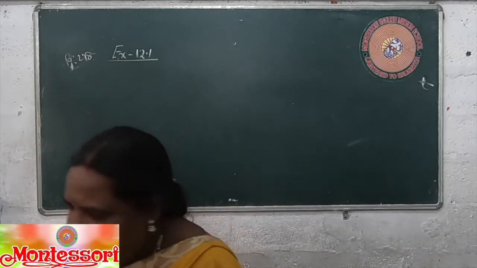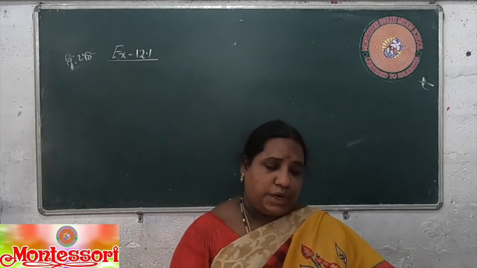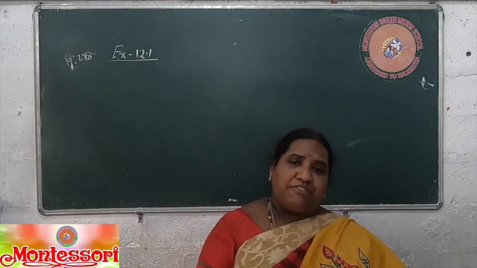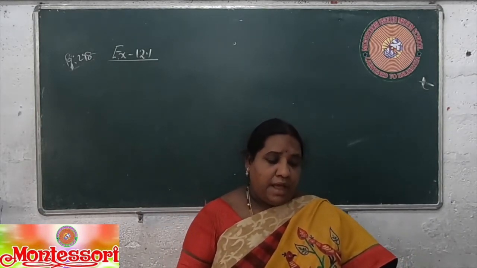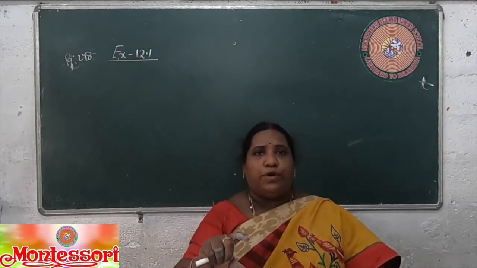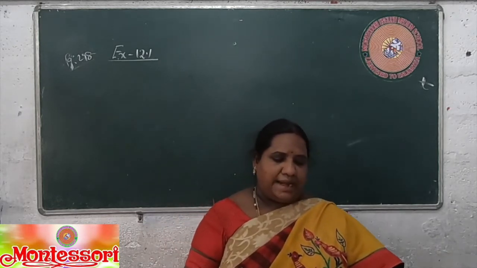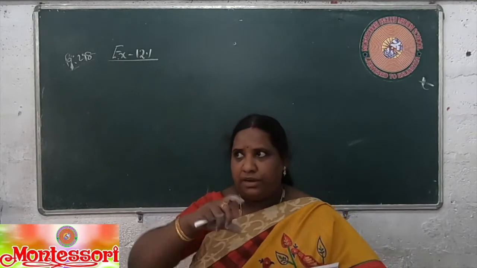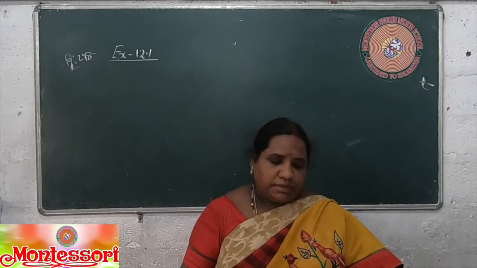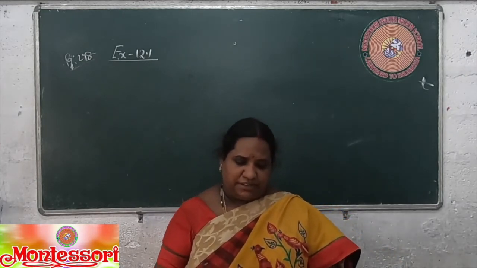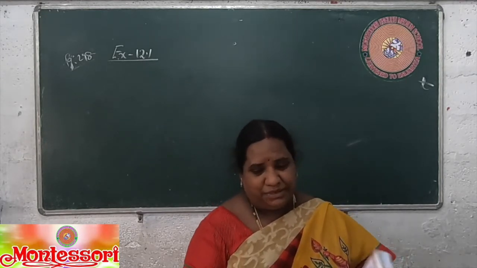Read the sum, children. What is the 7th sum? An electrician wants to repair an electric connection on a pole of height 9 meters. Okay, pole height is given as 9 meters. He needs to reach 1.8 meters below the top of the pole to do repair work. What should be the length of the ladder which he should use? When he climbs at an angle of 60 degrees with the ground, what will be the distance between the foot of the ladder and the foot of the pole? So it should be very clear.